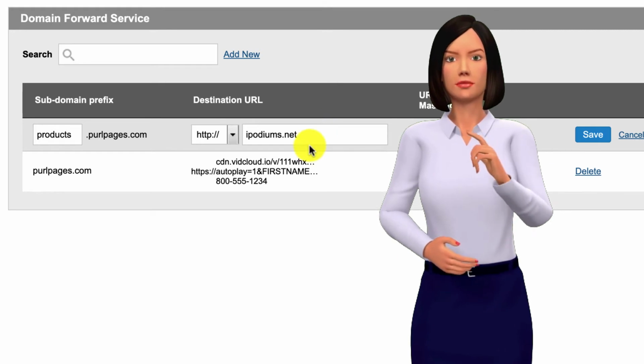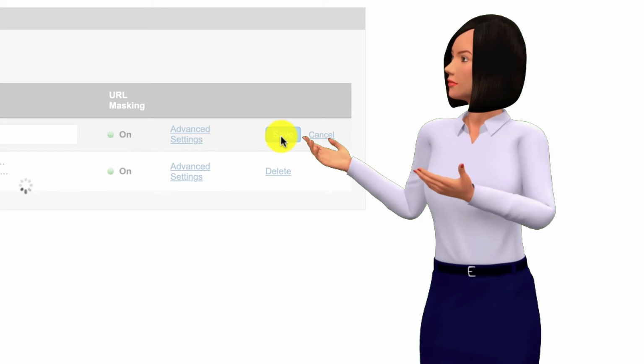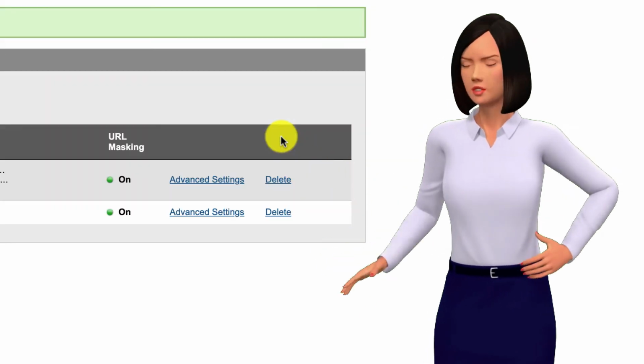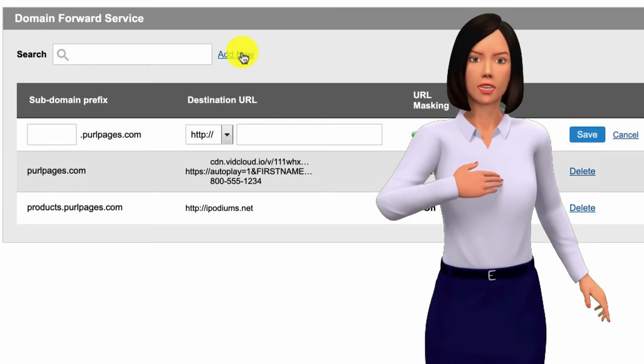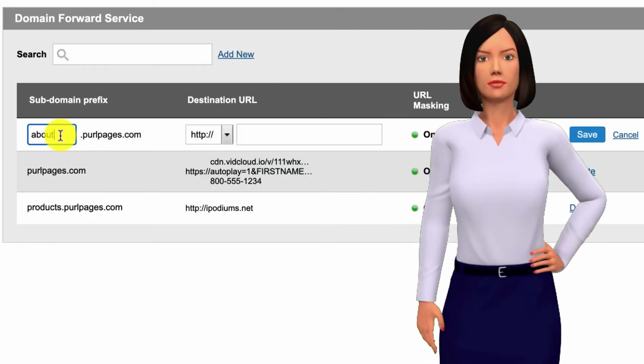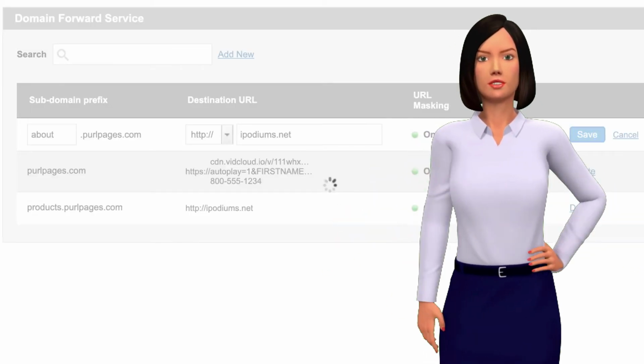I'm going to use this for now, but you can link this to your products page. Then click on Save. I can create another subdomain for my bio page using the word about before my domain name. This will send people directly to my About page. And, just like we did with the main domain, we can click on Advanced Settings to make any changes or